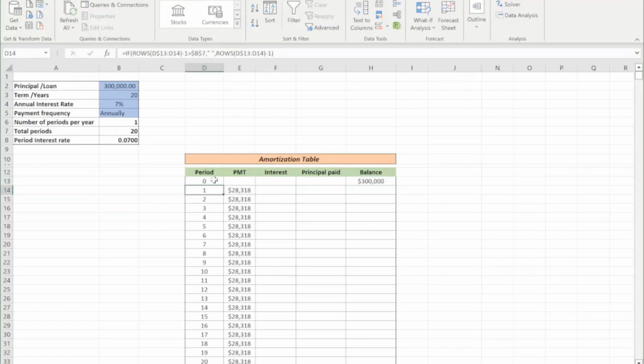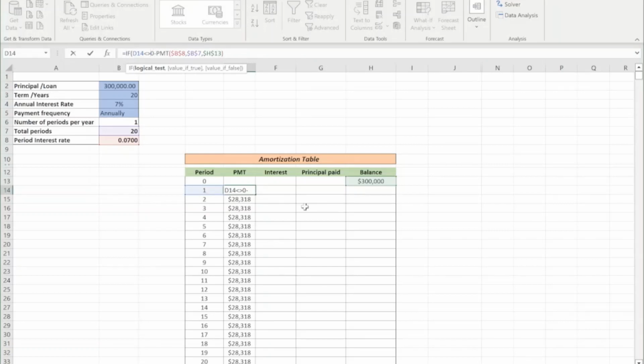What we can do is make a copy of this, and again use an IF condition. If this column is something other than 0,